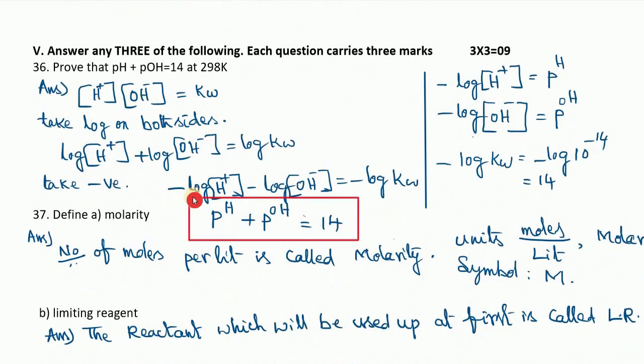Okay, next. Answer in three, right? Each carries how many marks? 3 marks. Let us prove that pH plus pOH equals 14. pH, right? You know very well that